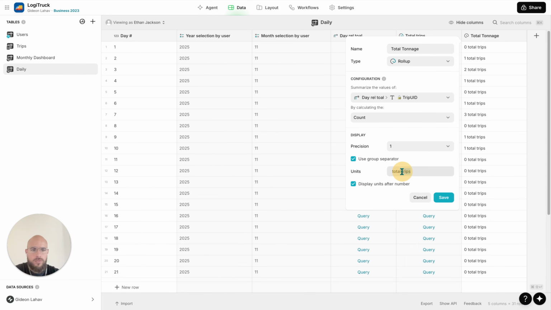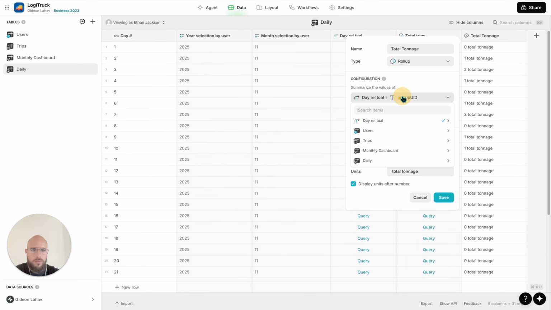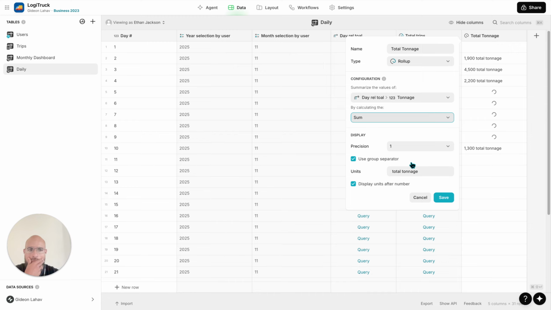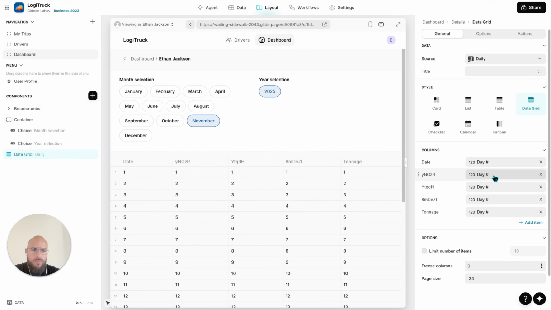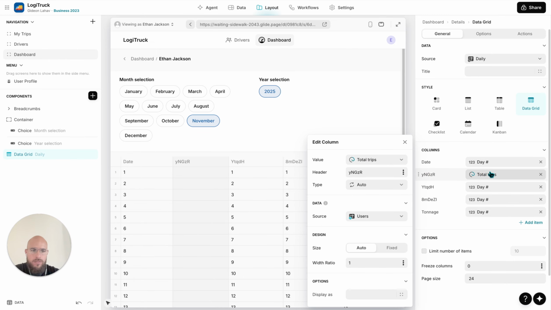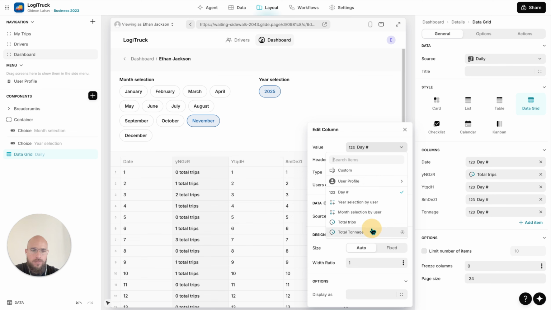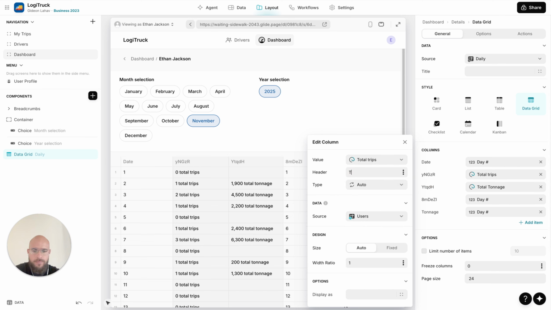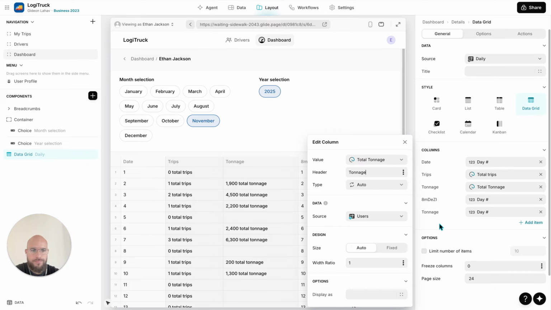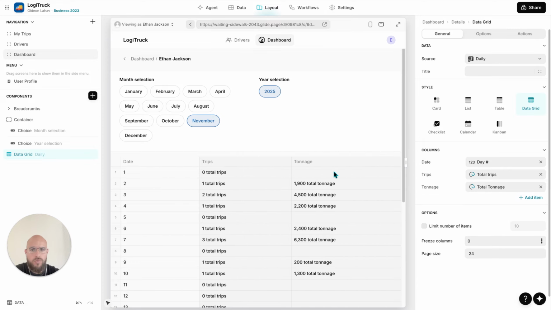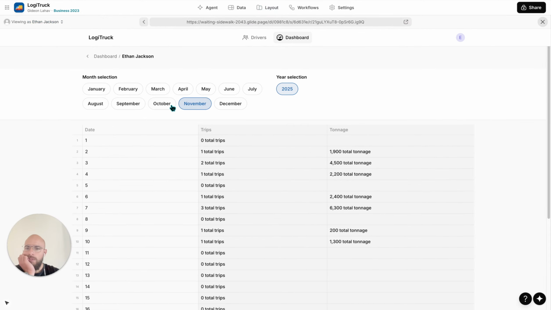Total tonnage, and sum, and save it. So now we can select total trips, tonnage, and we do not need this anymore. So now if I click,